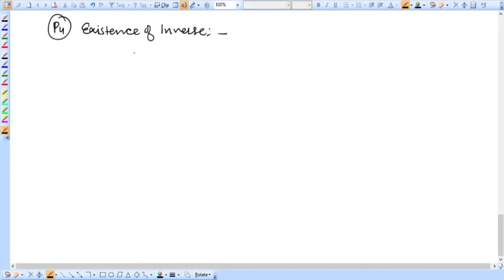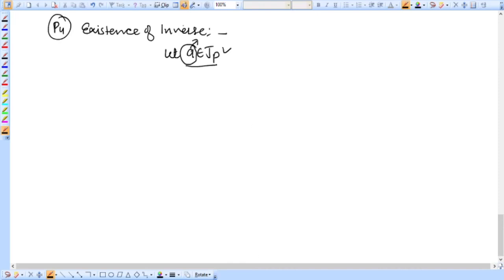Firstly, for this, let us take an element from Jp. Let a belongs to Jp. Okay, fine. So we are going to find out inverse for this element. Okay, this has been taken arbitrarily. This element is taken arbitrarily because we don't know what is a. It could be 1, 2, 3, 4, whatever. So if we are able to find out the inverse for this a, then we would be able to find out inverse for any element of this set, right?